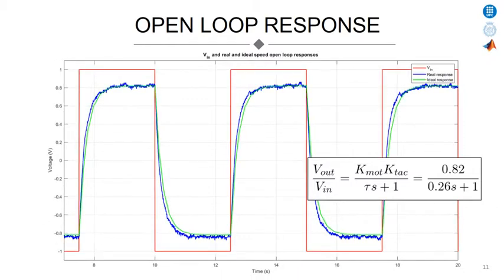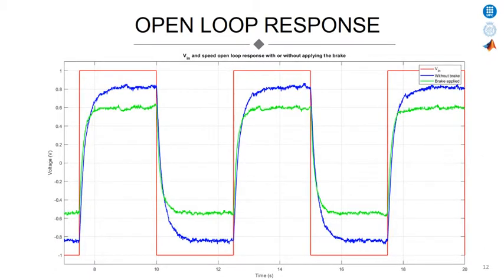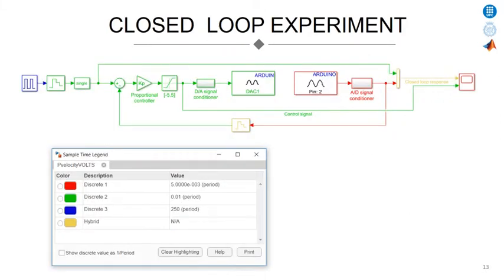If we compare the output obtained experimentally with the ideal output, we can see they are similar. On the other hand, as we have seen in the video, in the case of open loop, this gain varies depending on the brake. As you can see in the image, if we apply the brake, the gain will be reduced considerably. Once the engine transfer function has been obtained, the tachometer signal has been fed back and a proportional